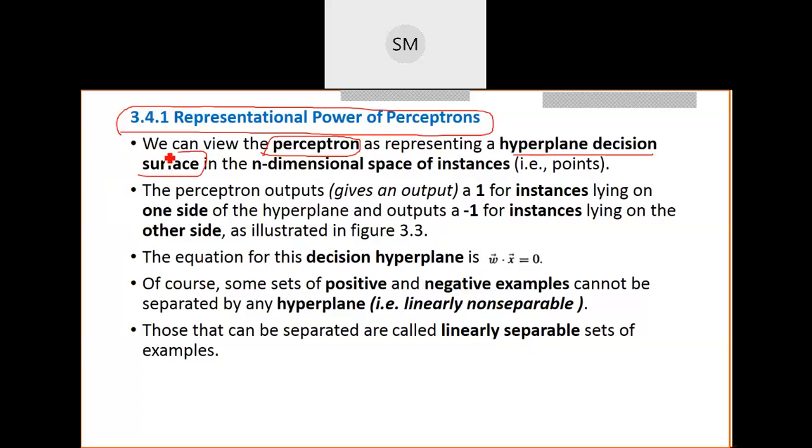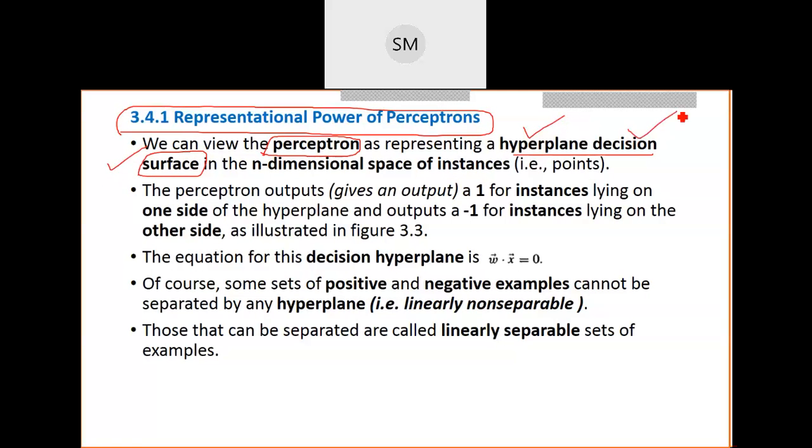Remember this technical word, hyperplane decision surface. In the next class I will show you with a real surface-like example. Just now you imagine that a perceptron is like a hyperplane decision surface. Why it is a decision surface, I will tell you later. You just imagine how exactly this perceptron looks: it looks like a surface. Okay, you can consider it just like the surface of a white paper. So here this perceptron is representing some surface, and that surface is technically called a hyperplane and